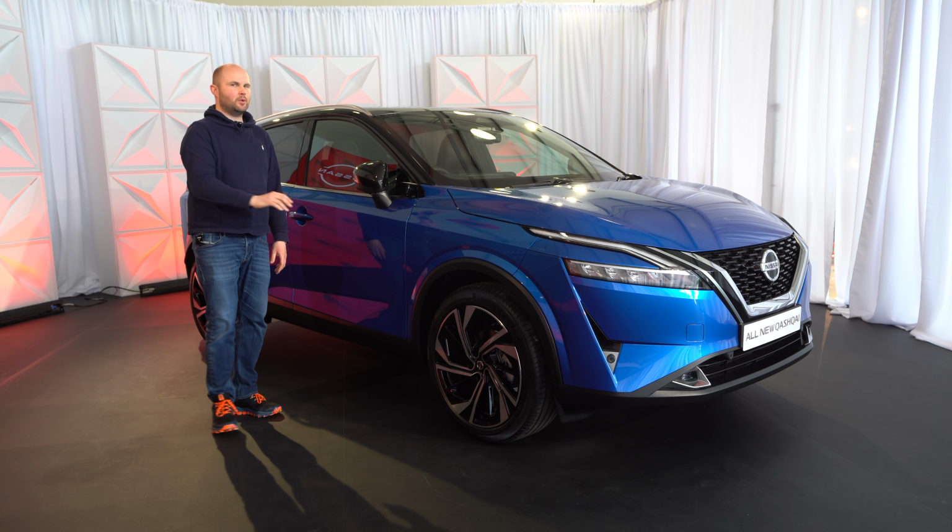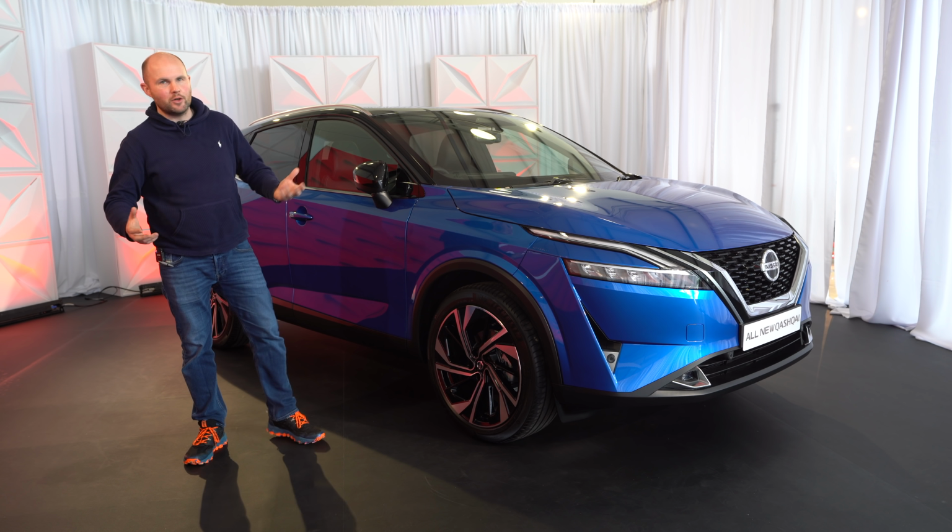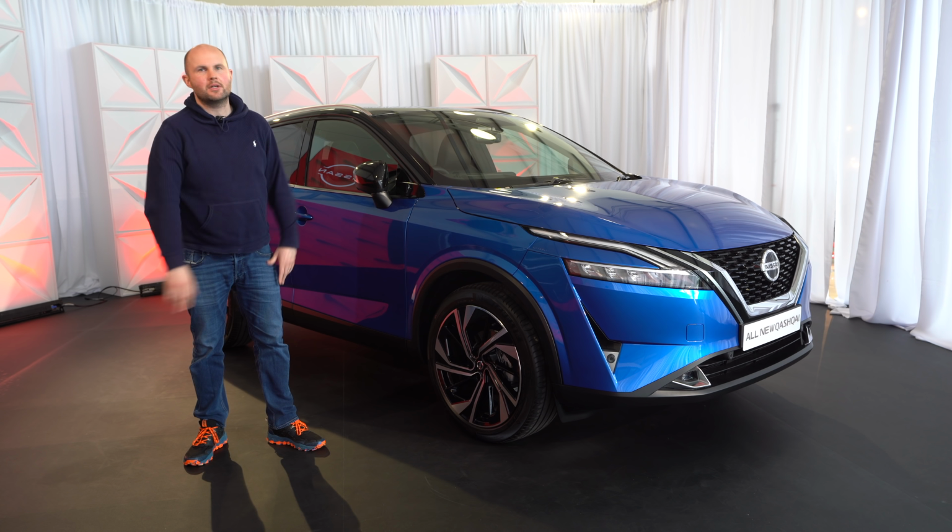What's the inside like? We'll cover it all, because if you're curious about the new Qashqai and you can't quite visit a showroom yet, or you just want to have a little look around, you're going to see it all